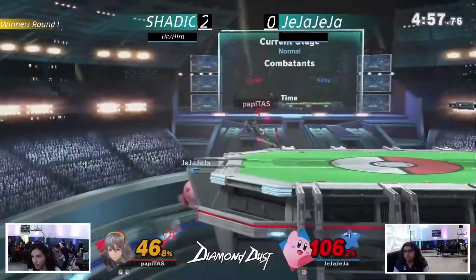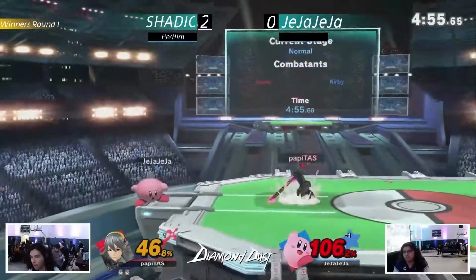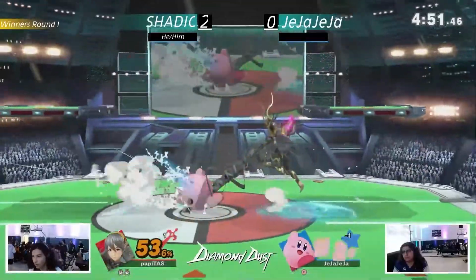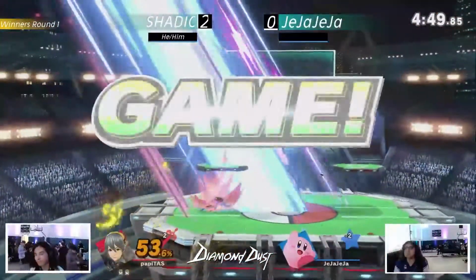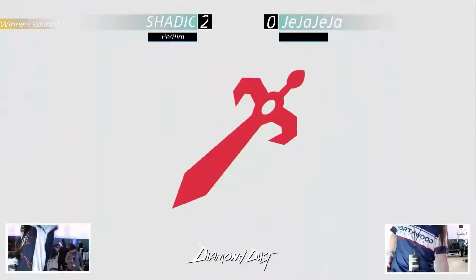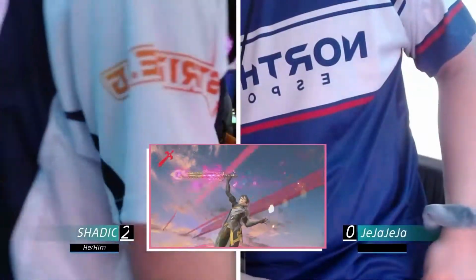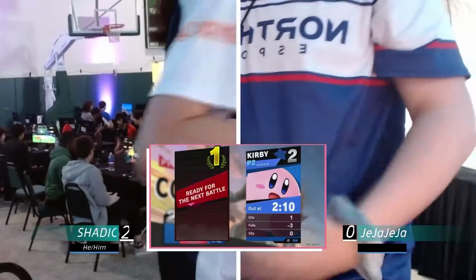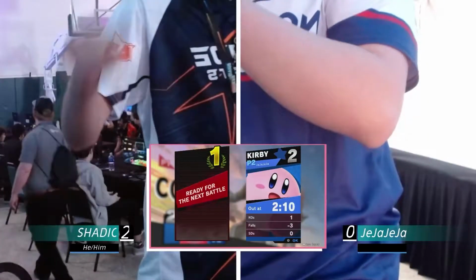Yeah, the way SHADIC has been handling this game, this is looking to be pretty out of reach for JeJa. It would take something monumental at this point as he finds himself safe on that platform, and the pin is going to connect, and it's going to take the stock off the top of the stage, and SHADIC with a quick 3-0 over JeJa to start that off was top 4. Great. I mean, I get it. Kirby does look a little bit like a yarn ball, so if you know,